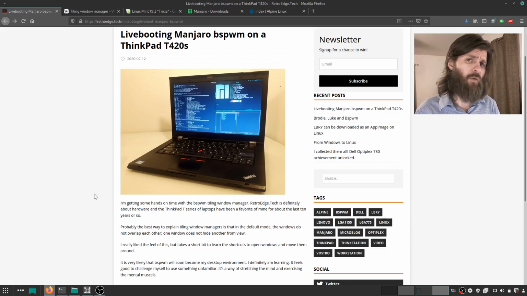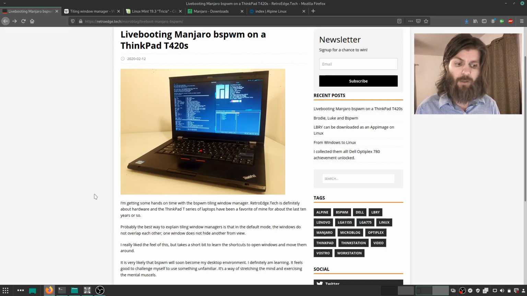So bspwm has a lot of manual configuration. You can customize it to exactly the way that you'd like to. It takes a little while to learn how to do that, and that's what I plan to do. The nice thing about the live Manjaro bspwm is it comes pre-configured with stuff that pretty much works out of the box. Like I was able to boot, connect to wireless, the theming and stuff made sense. All the things were sort of set up so that you could basically do things. You could browse the web, you had a file manager, you have the terminal,